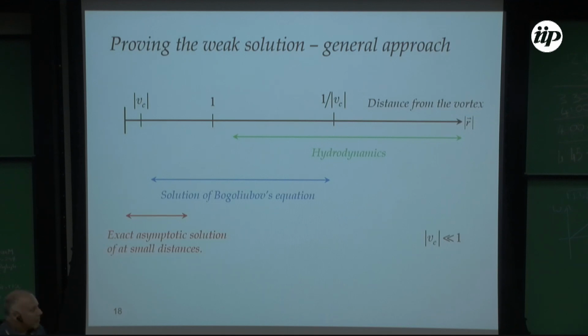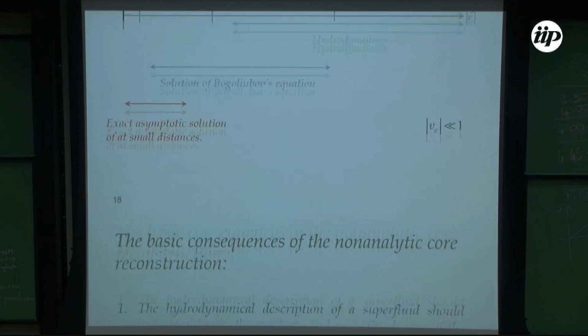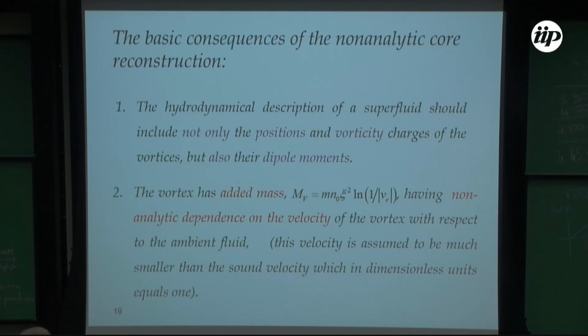Actually, it's interesting that when we did this calculation, we realized that Taules did it also, and he got this logarithmic solution, but he threw it away as non-physical. But here we see that actually we can trace it back to this core reconstruction. Okay, so what are the basic consequences of this